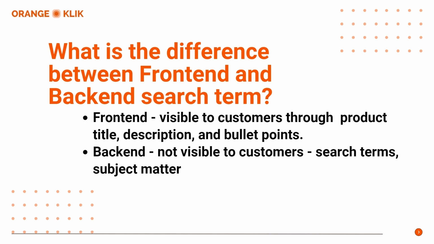What will happen when you properly optimize the back end of your product listing? When you know which keywords to include in your back-end search terms, your listings will have a higher chance of getting picked up by Amazon's A10 algorithm. Choosing the right keywords also opens more chances to get indexed and backed by conversions in sales. It will also help improve your product's BSR, or best seller rank, in the long run.